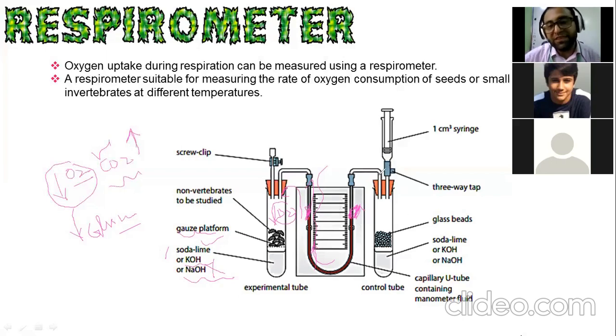Now, this tube, you will think, why do we put this tube? We just keep it as a control. In this, we put glass beads, so that it will not do respiration. Right or no? So in this tube there is no consumption of oxygen and no consumption of carbon dioxide. So this liquid will